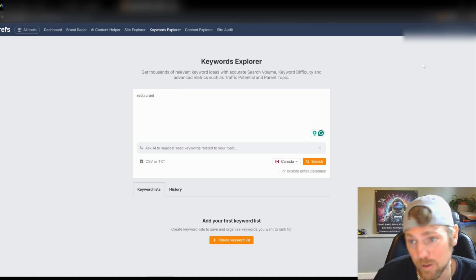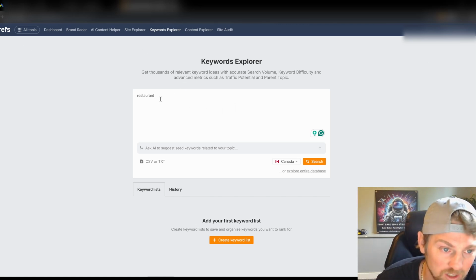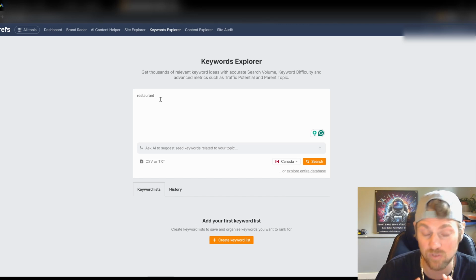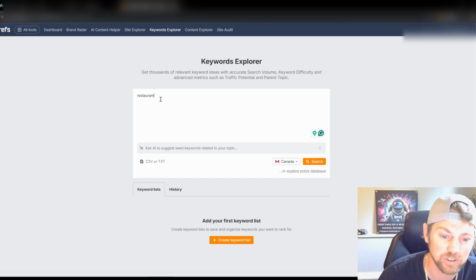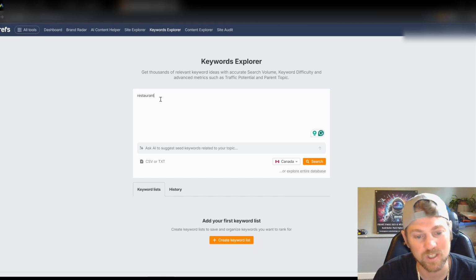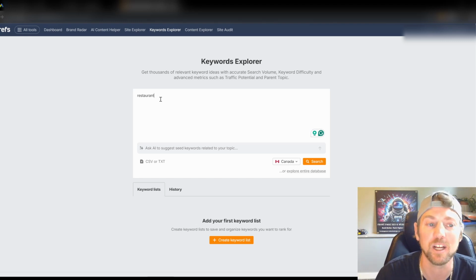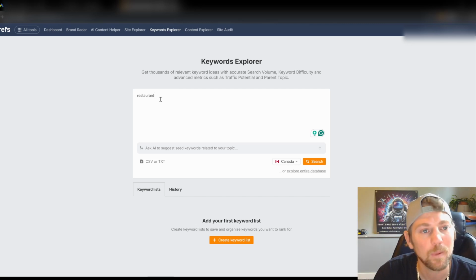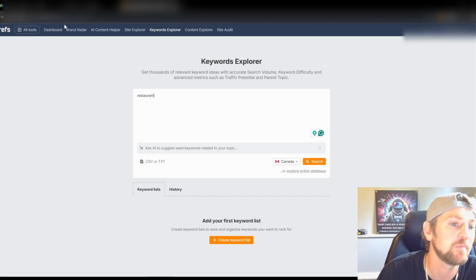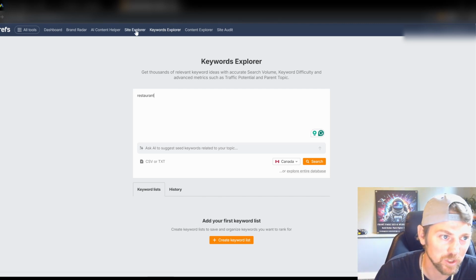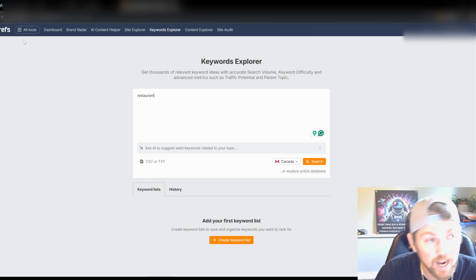Now this, I spend $200 a month on this. This is a keyword tracker. There's probably cheaper ones. You might find a free one. I don't know how accurate they are. I know Ahrefs and something like SEMrush, they have the Google API and they are getting real-time data. So these are pretty accurate keyword tracking tools. Now, I'm using the Keyword Explorer on Ahrefs, so if you had an account and you were to